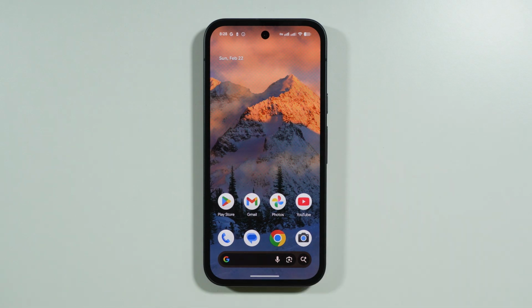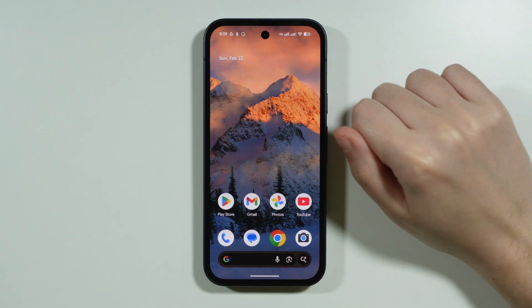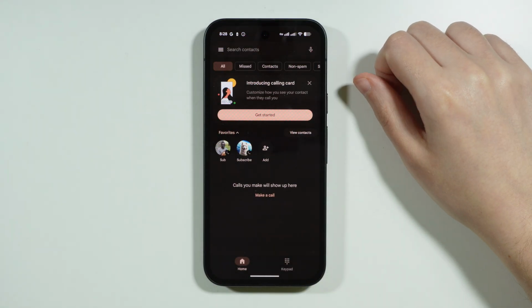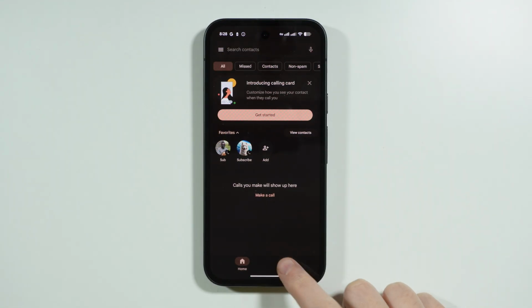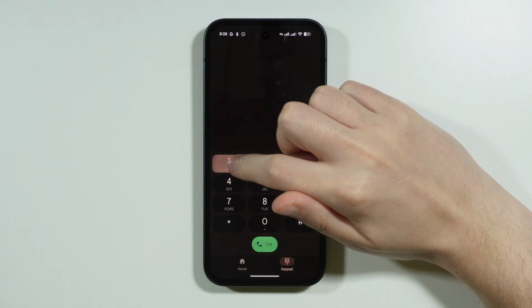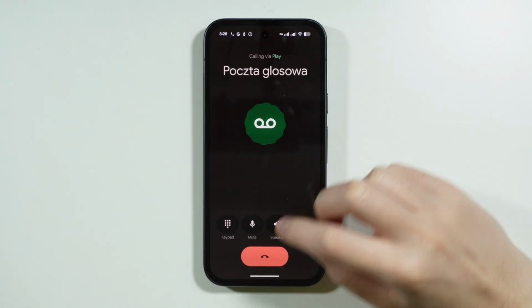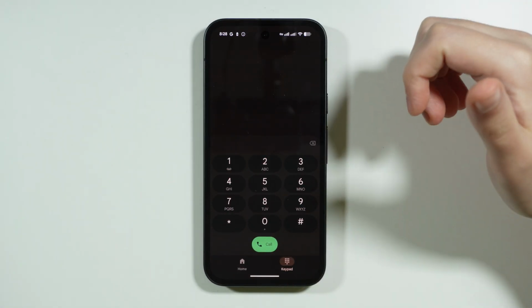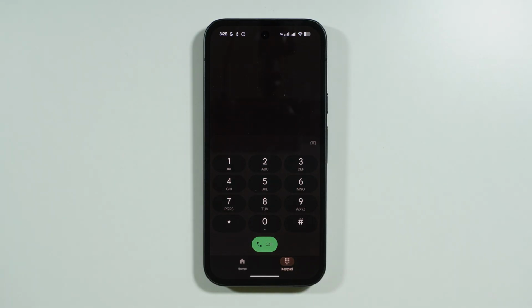If you want to call and set up the voicemail on Google Pixel 10a, you need to open the phone app. Once you open the phone app, we can switch to the keypad and you can simply press and hold number 1 in order to speed dial the voicemail. And after that, you should be able to listen to the instructions that you will hear on the call and